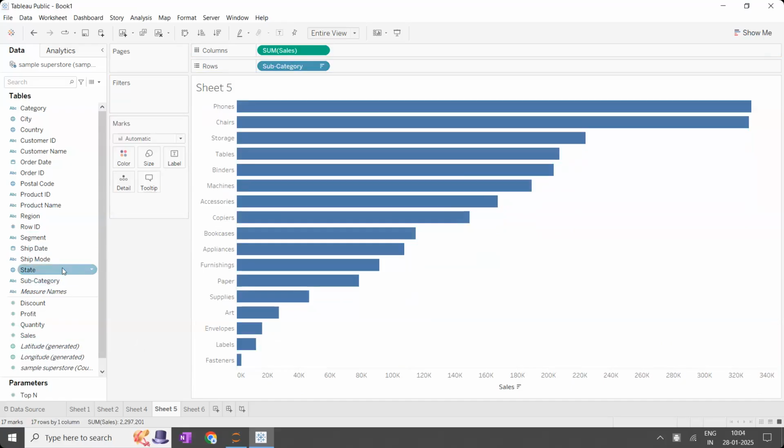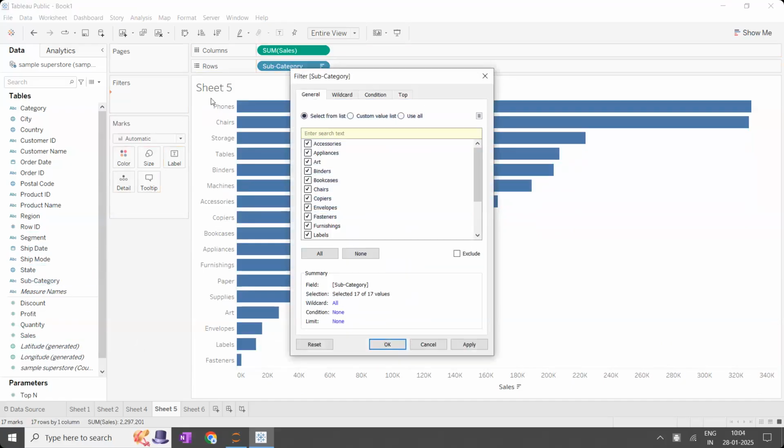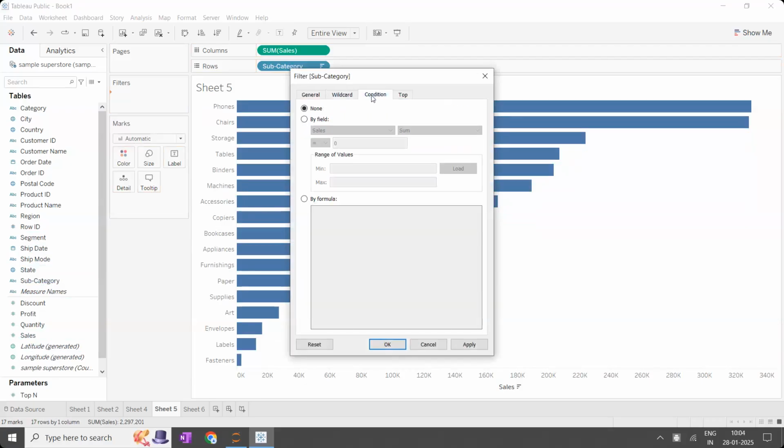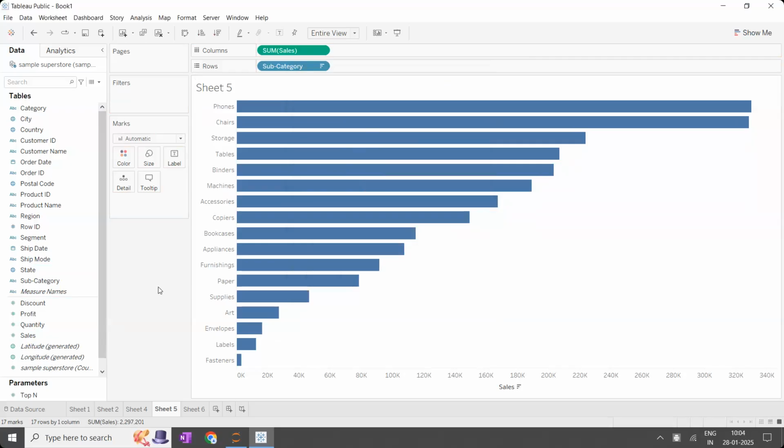So what are the different types of filtering? One is called as general filtering. Second one is called as wildcard filtering. Next one is called as condition-based filtering. And fourth one is called as top and filtering. So you are going to choose the top and categories as per your requirements. This is the way of filters. Right? Now, after this, we are going to discuss the